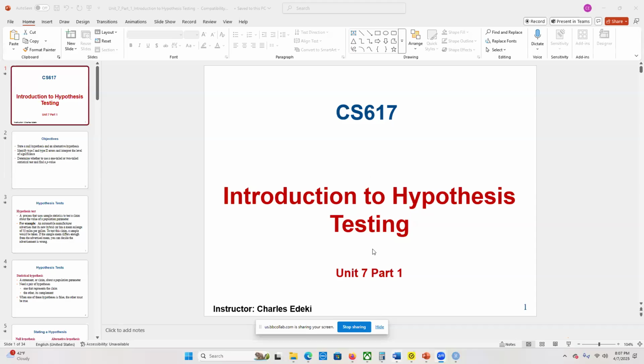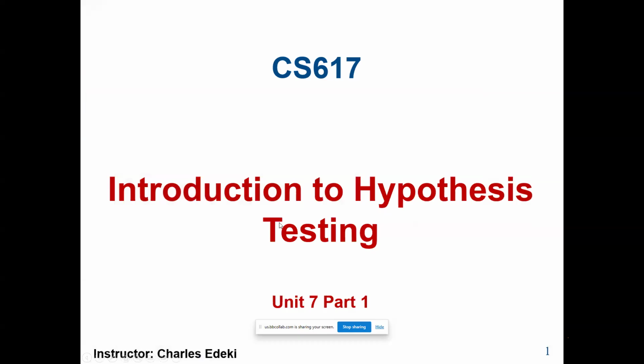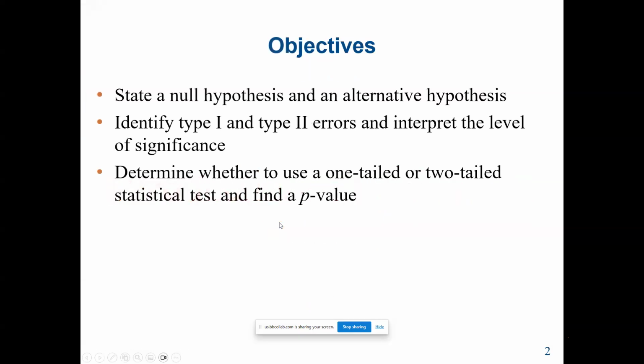So let's start with the introduction to hypothesis testing. And our main objective is to identify null and also alternative hypothesis. So we are going to state a null hypothesis and an alternative hypothesis. Then we are going to identify what we mean by type 1 and type 2 errors, and also interpret the